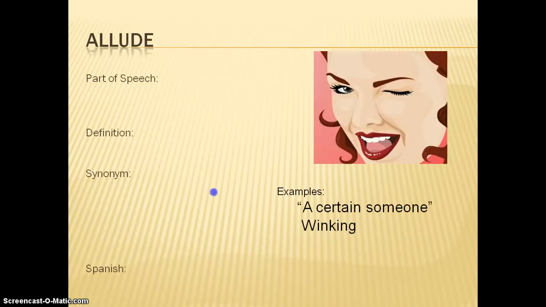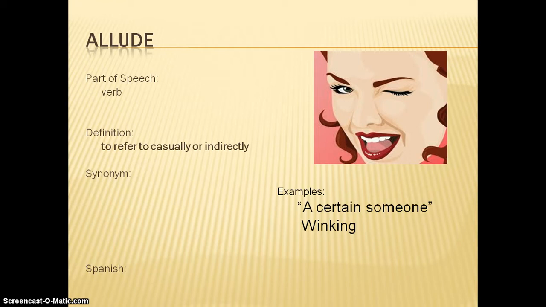So, Unit 11, our first word is allude. You see that this person is winking, wink, wink, nudge, nudge. When you do that sort of hint, that is alluding. Allude is a verb, it's something that you do, and what it means is to refer to something casually